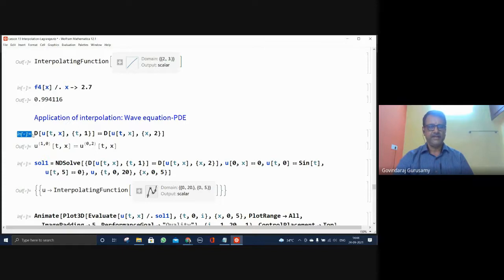You can see here u has two variables, time and the position. Okay, you're able to see that? And u is a variable which is a function of both time and the position. I'm taking the first derivative with respect to time on the left hand side. Then I'm taking the second derivative on the right hand side.